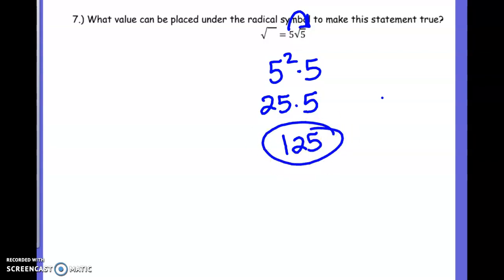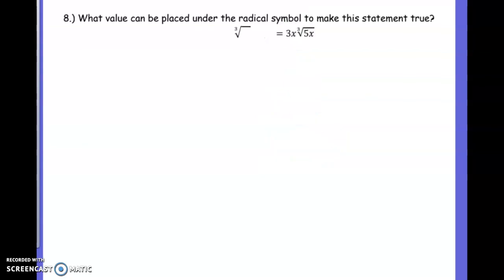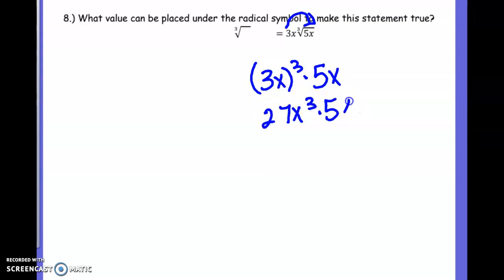Okay, so you take what's on the outside and you put it back in by squaring or looking at whatever the index is. So in this case, whatever goes in would actually be cubed times that 5x. This would be 3 cubed, which would be 27. X cubed times 5x. Okay, and so when we multiply out, we're going